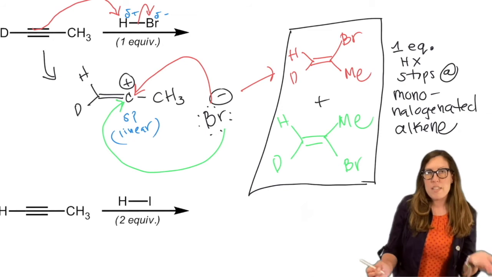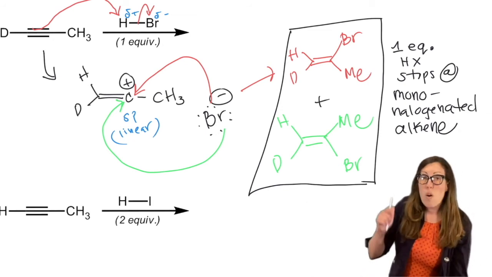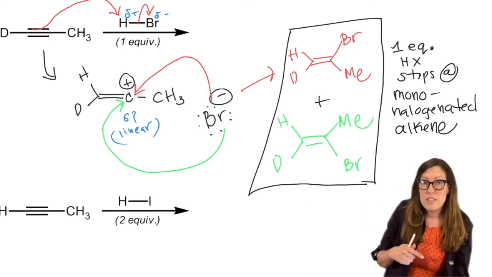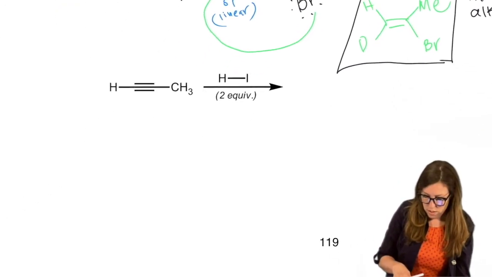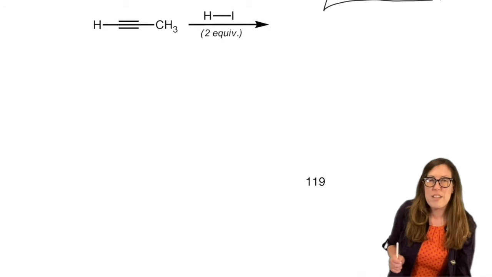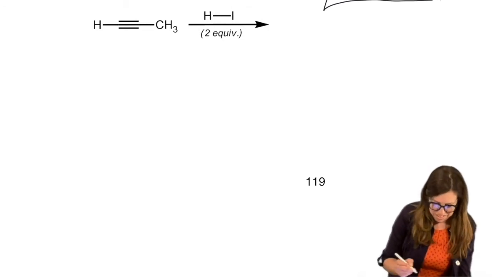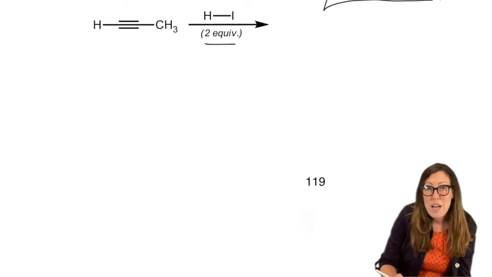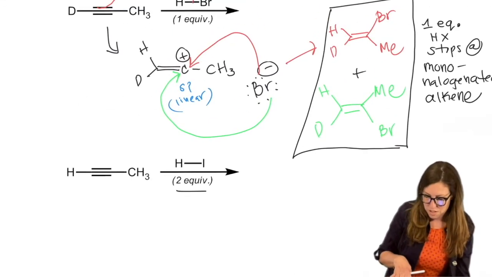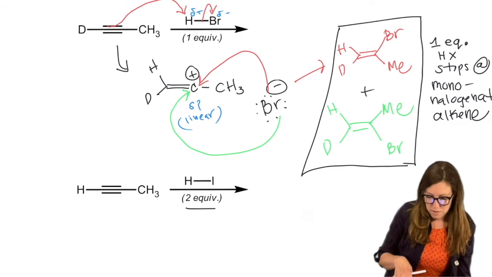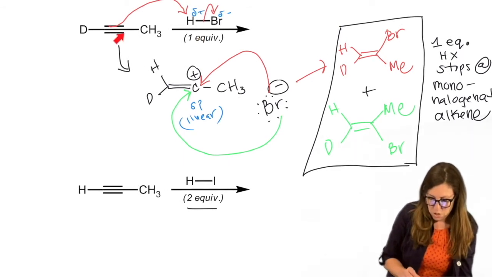So we can isolate that if that's what we prefer to do, or it can keep going, because what do we know about alkenes? They react with HX. So if we have, let's try HI, so it's not so neglected, and we add two equivalents, that means both pi bonds can react. We don't have to stop after one equivalent. One equivalent means a ratio of 1 to 1. If we have two equivalents, that means a ratio of 2 to 1.